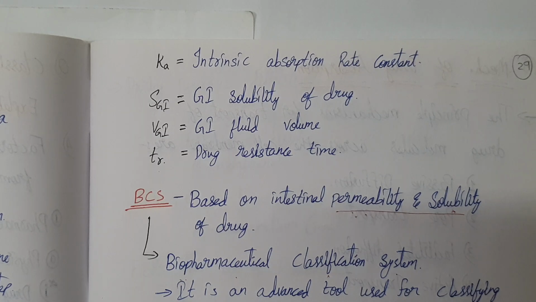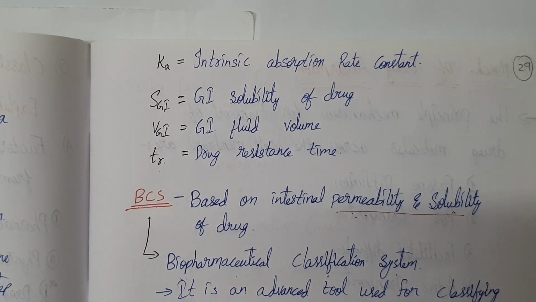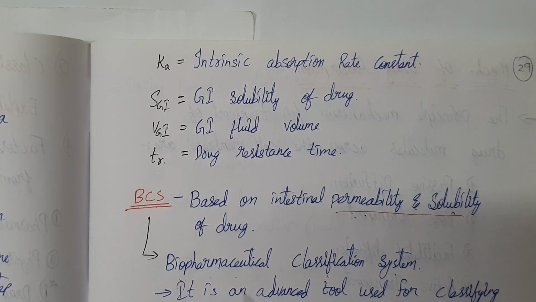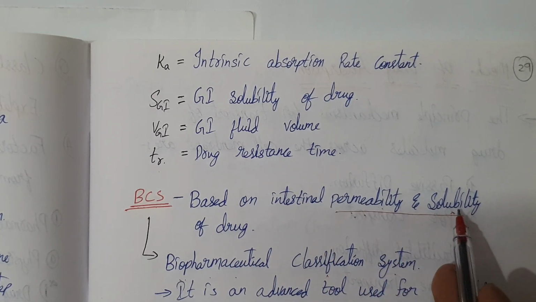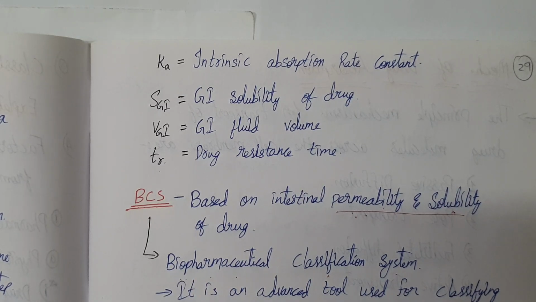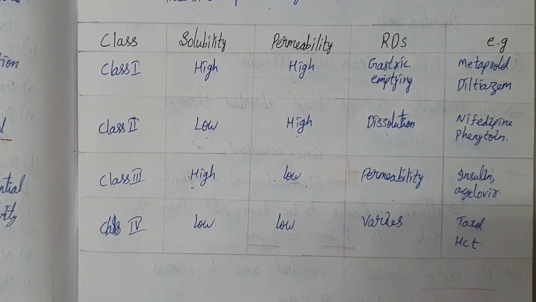Then we have the BCS classification. It means biopharmaceutical classification system. This system classifies drugs based on permeability and solubility. It is classified into 4 types, 4 classes we can say. So